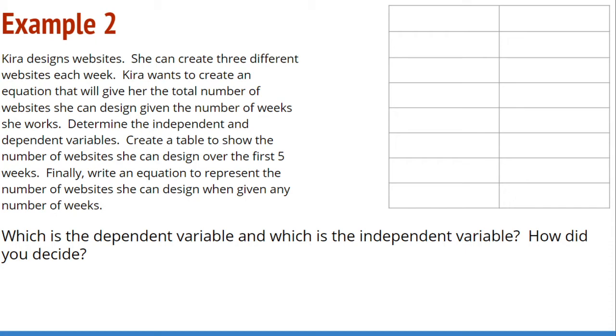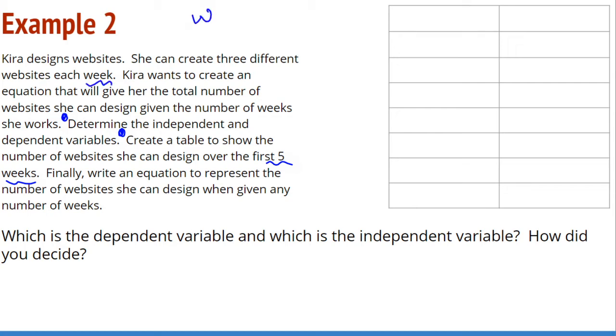So first thing I need to do here, I'm going to put a little dot. Create a table to show the number of websites she can design over the first 5 weeks. Finally, write an equation to represent the number of websites she can design when given any number of weeks. So first question is, what is the independent and dependent variables? Well, the way this problem is set up, it sounds like